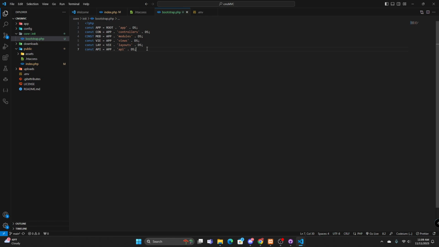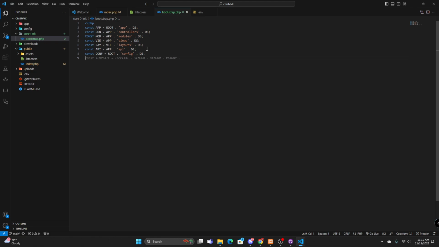We'll create a config file for that later, but first we have to write our config class. So we'll come back to this and modify that later. So const. Now I'm gonna go into the config folder. So conf. Now I'm gonna set that equal to root dot config dot ds,